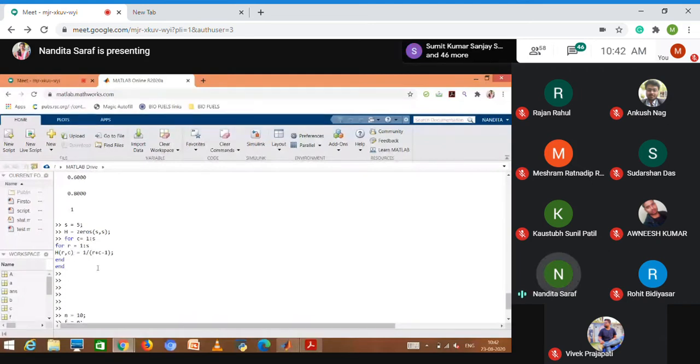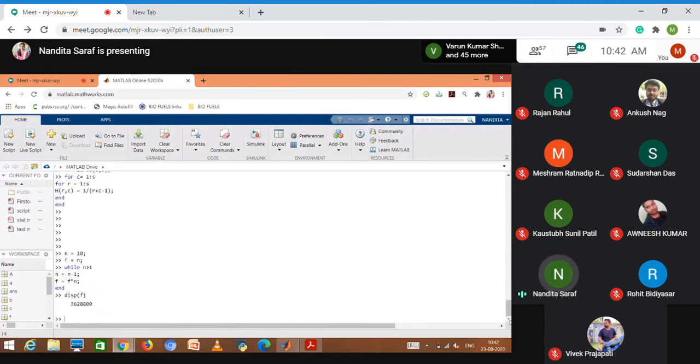So here I am telling MATLAB the number of times it has to execute a particular loop. But in a while loop, I will specify the condition: till n greater than 1, till n greater than or equal to 1, or till n less than 1.